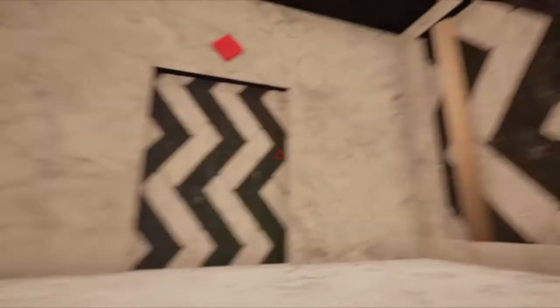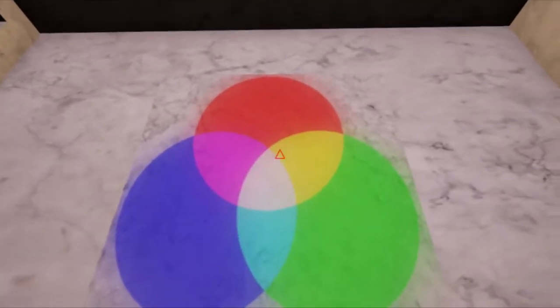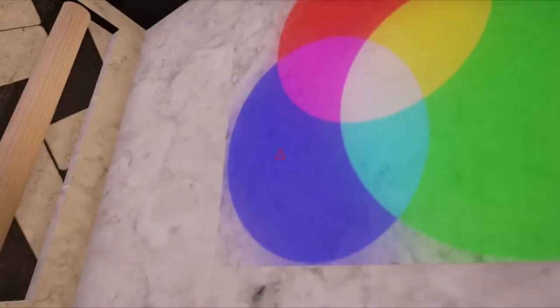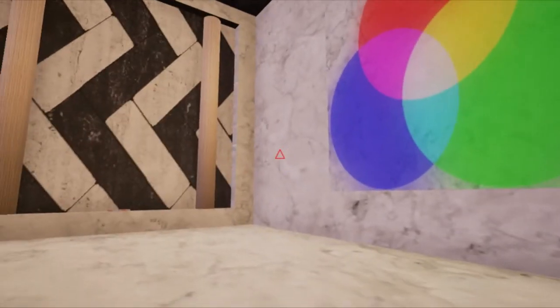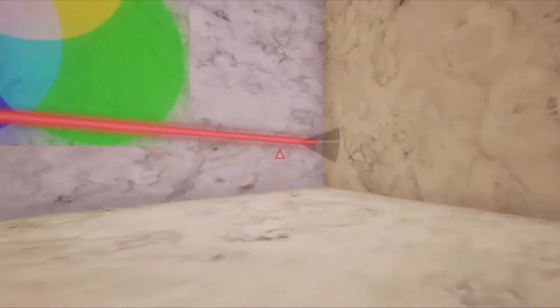So we start out first person. We've got this little marble room with this colors chart on the wall, and these two stripy things, and this red thing. So presumably by this point the player should know that if you right click, you produce this little